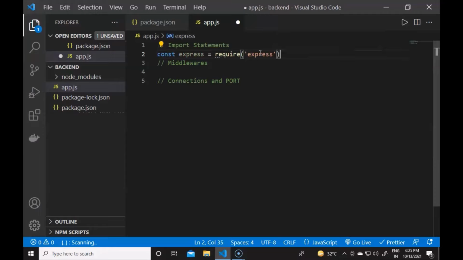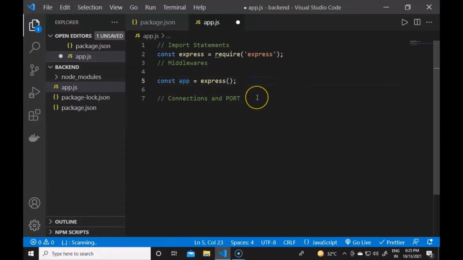So now express.js is imported, and now in the middlewares we have to declare a new variable. It will be the app variable which will handle all operations of the app, like const app equals to express. It will be created as a reference of express, and now the whole functionality will run from this app variable.